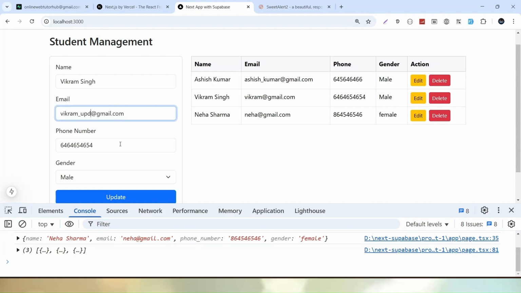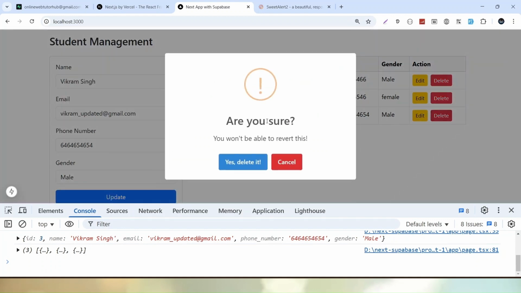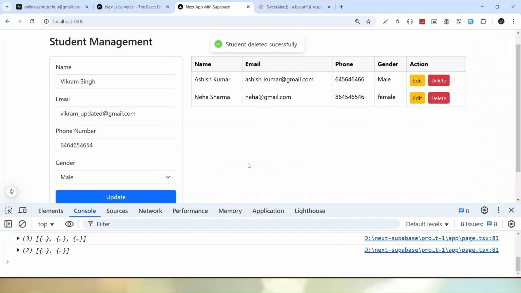So Vikram underscore updated. I'm updating the email value. Click on update. We can see the updated value. Let's click on this delete button. Just delete it. And now we can see student deleted. So successfully, now we have completed our entire project, which is at the initial level to learn the concept of